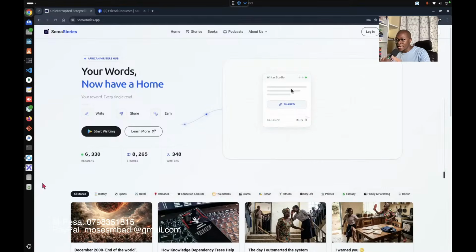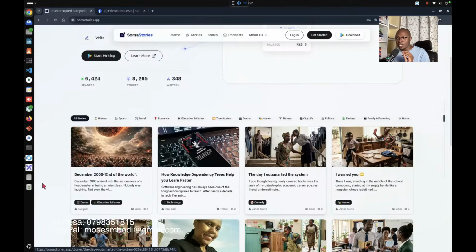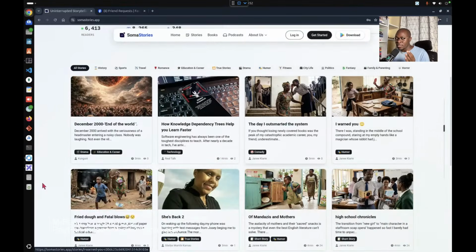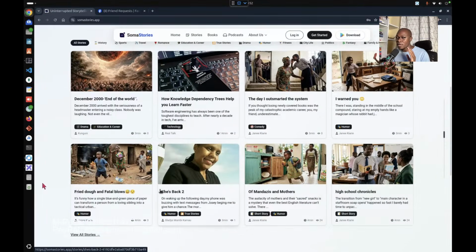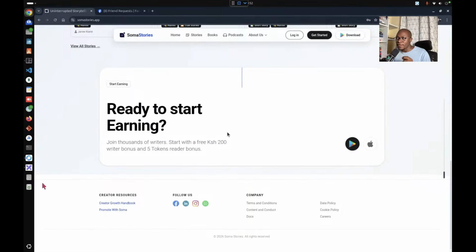And then once they are done writing their story, they share their story with their colleagues and friends. Their colleagues and friends will unlock. And then after they have unlocked the stories, the author gets something from each unlock. Okay. So that's simple. And then at the bottom, I've jumped straight into some of the stories. I'm showcasing some of the stories here. You should actually go and read this story. It's funny. And then here I have another call to action. Okay. And then here I have the footer.